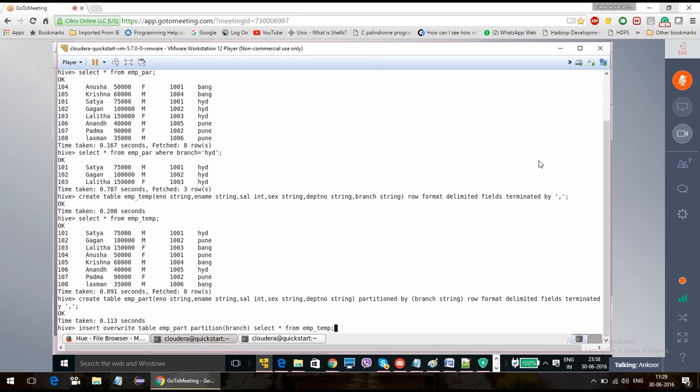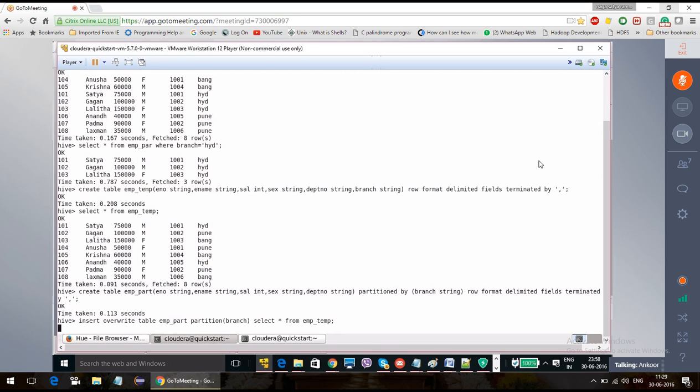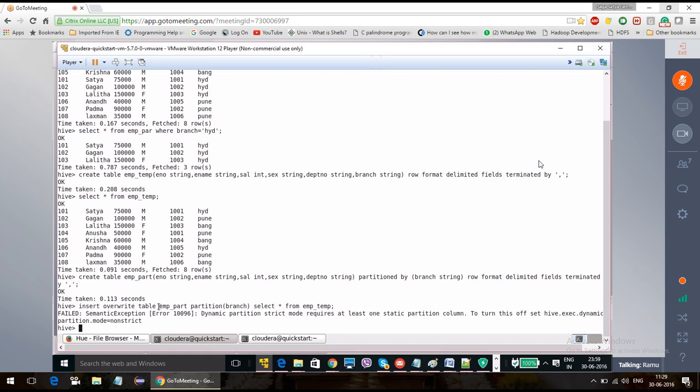Should it be table emp_part or just emp_par? No, par is my first partition table. That is for another scenario. The same type of table I created to explain this second scenario: how you can load the data from a normal table to a partition table. If you are getting separate files, how can you load?